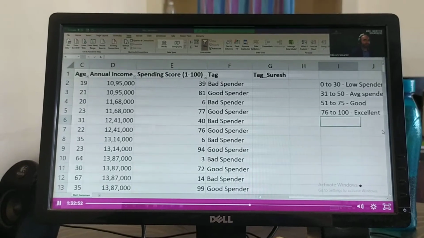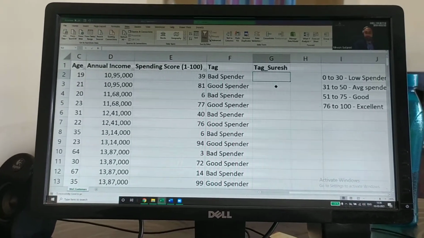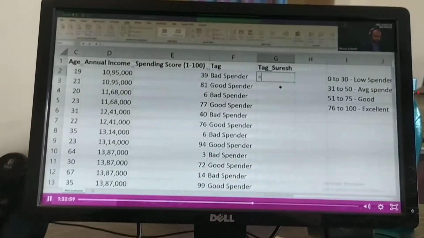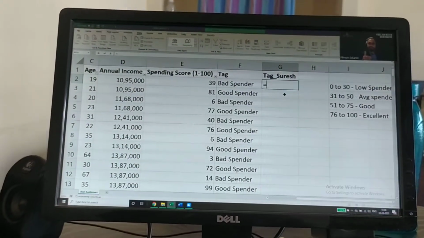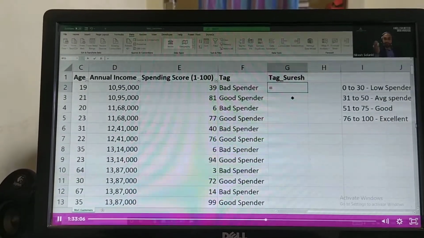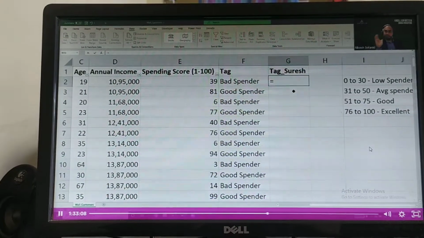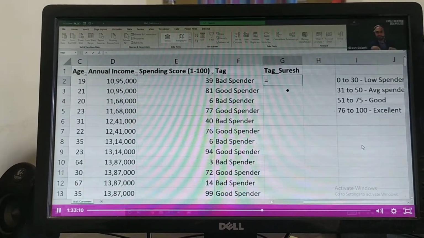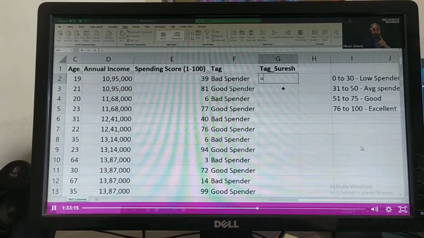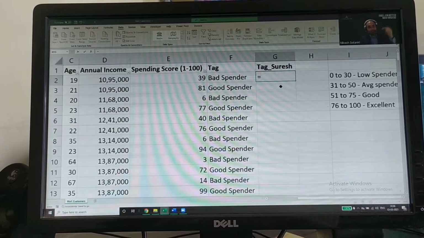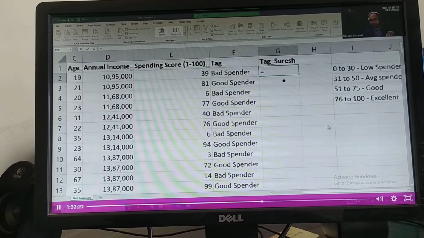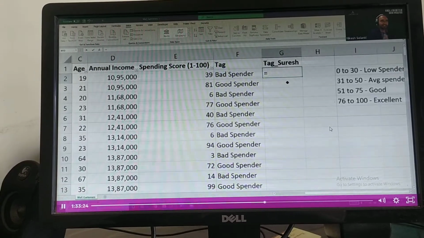Okay, let's keep this condition in front of us and let's write it down. Every formula that you write, you will have to frame statements. So I'll write an IF formula, and generally I prefer starting from the largest number to the lowest number. The reason is that any number, if it is a large number, obviously it will pass the test. If I start the other way around, there are chances that the test might not pass. We will do that also. We'll understand that case also.